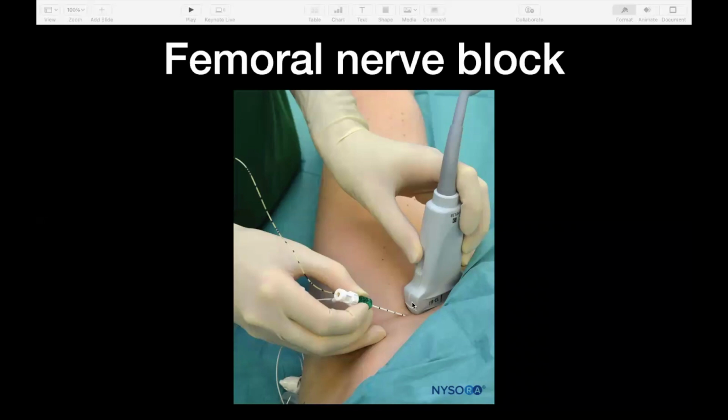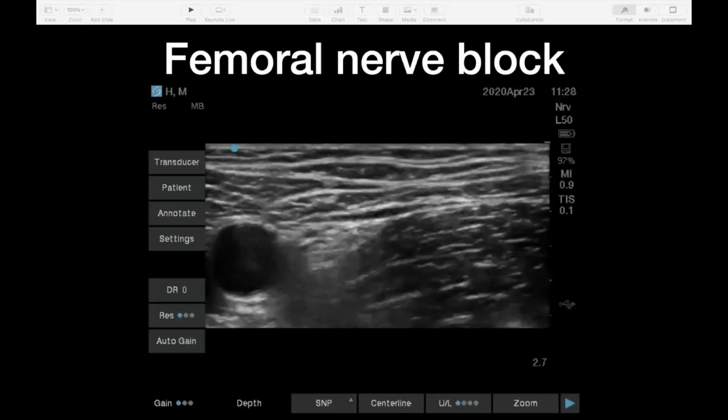I think the easiest way to get your initial view, at least, is to just plonk the probe right in the groin crease here, which this person has, and you can just slide medially and laterally in that crease and find your landmarks. So when you put the probe in that crease of the groin, you're going to hopefully end up with a picture something like this, where, just to orientate ourselves to the landmarks, we'll